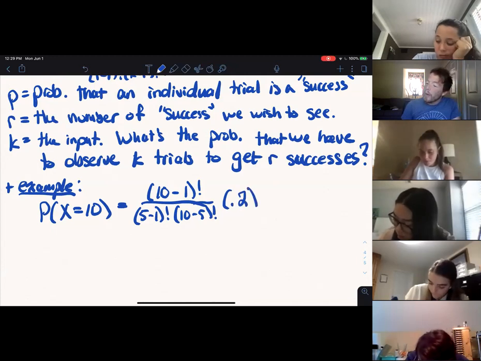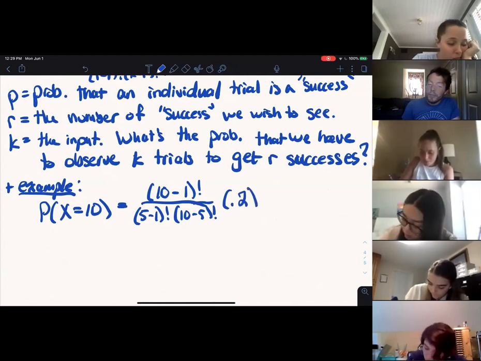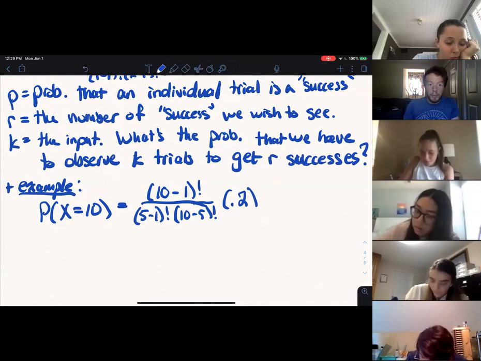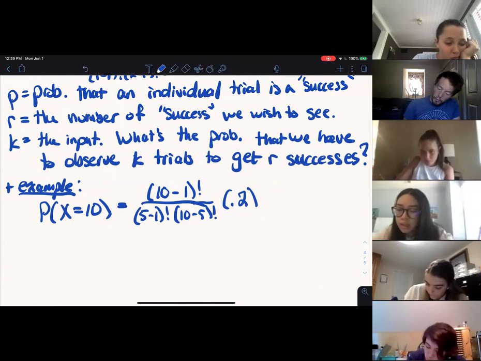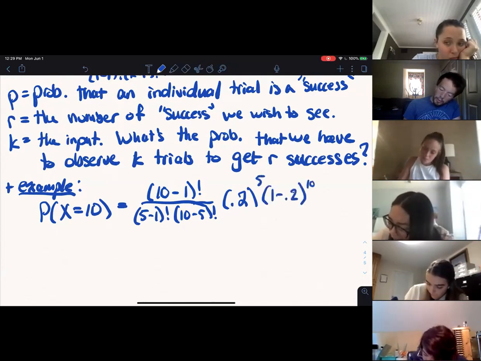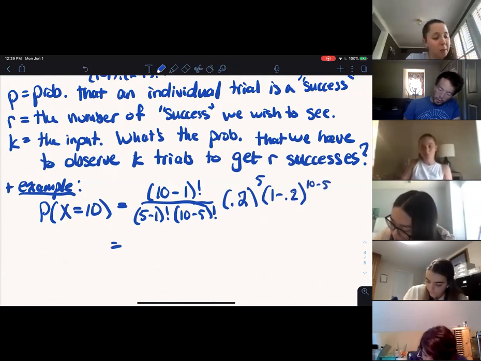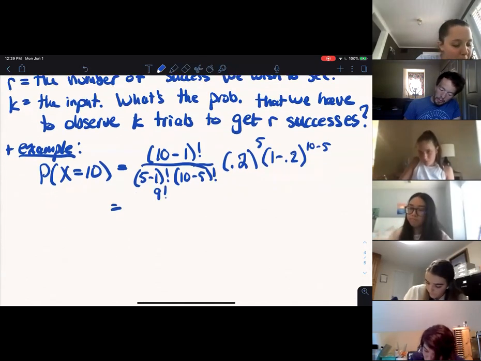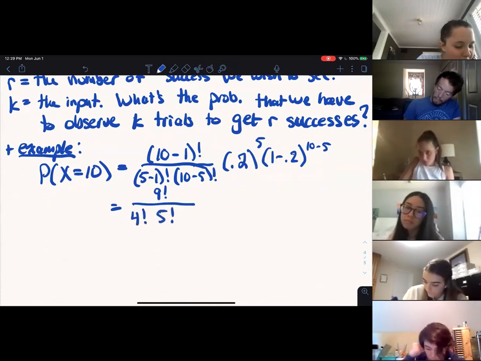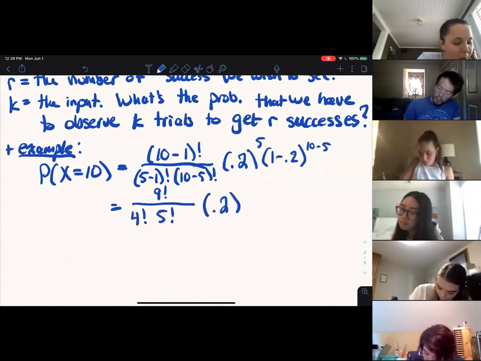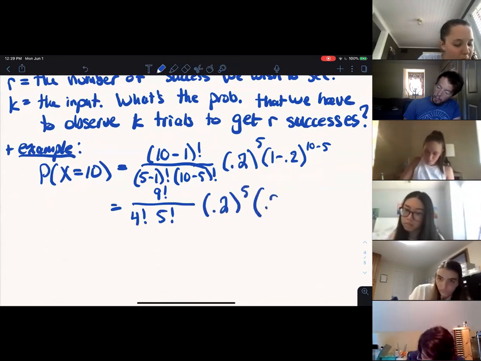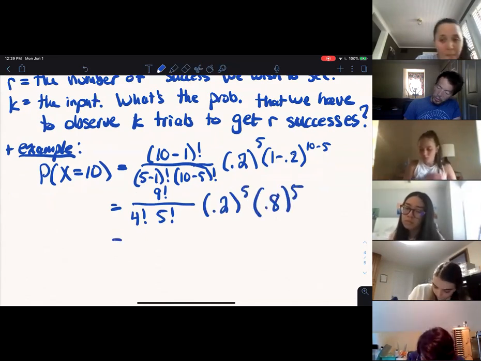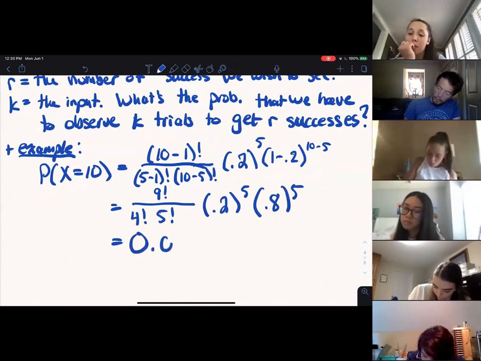We had a 20% chance of choosing a first gen student by randomly choosing students at UNC. So 0.2 to the R, which is 5, and then 1 minus 0.2 to the 10 minus 5. So I could write this out a little bit more. This is going to be 9 factorial over 4 factorial, 5 factorial, times 0.2 to the 5 and 0.8 to the 5, which you may check my work, but I went ahead and calculated this and got